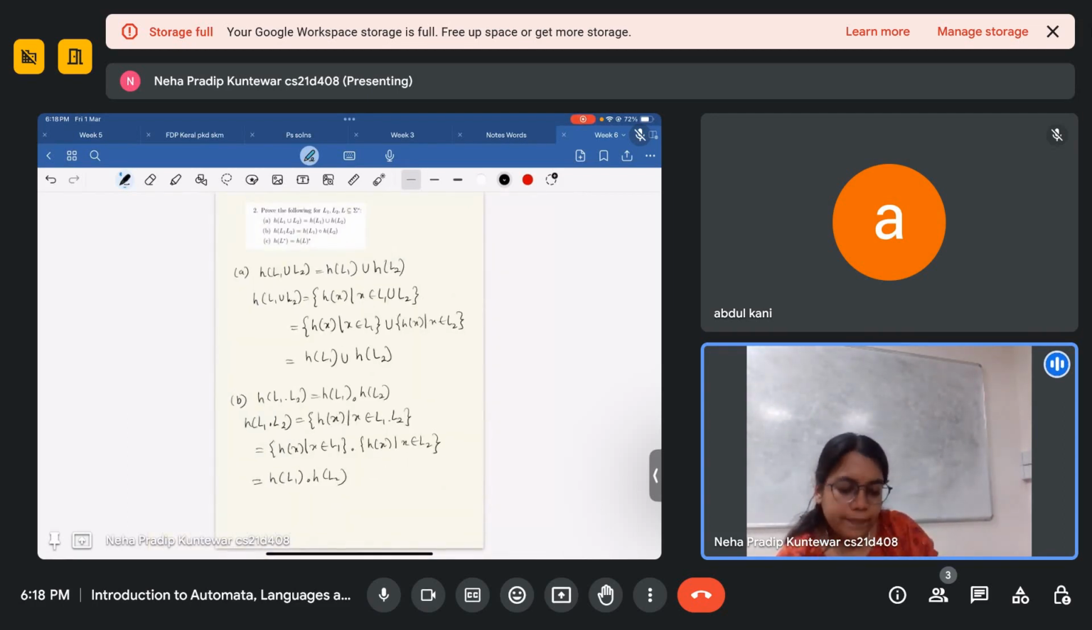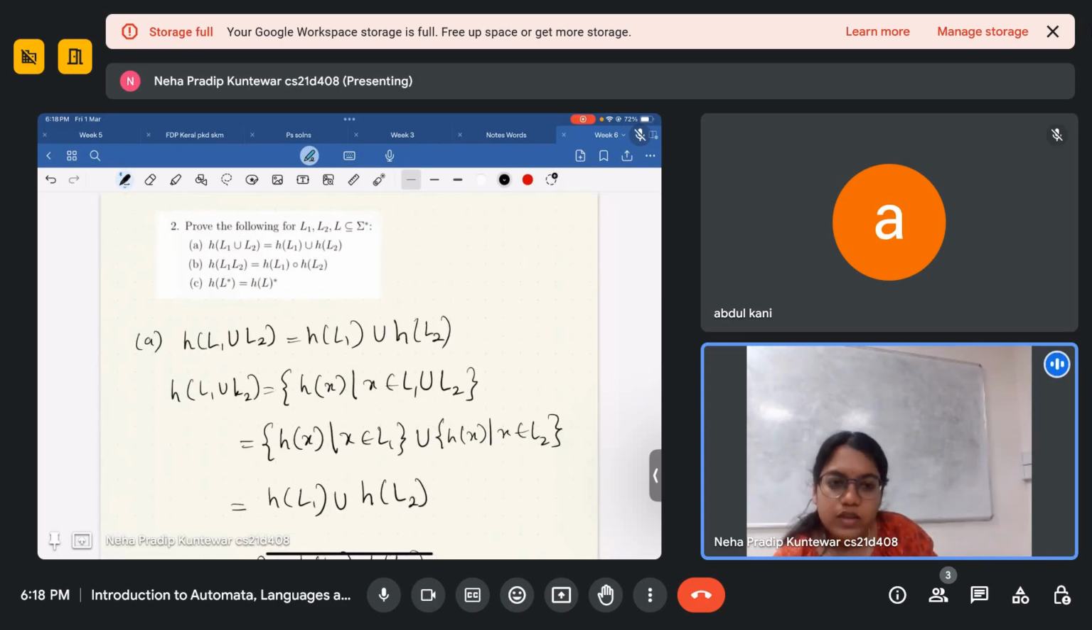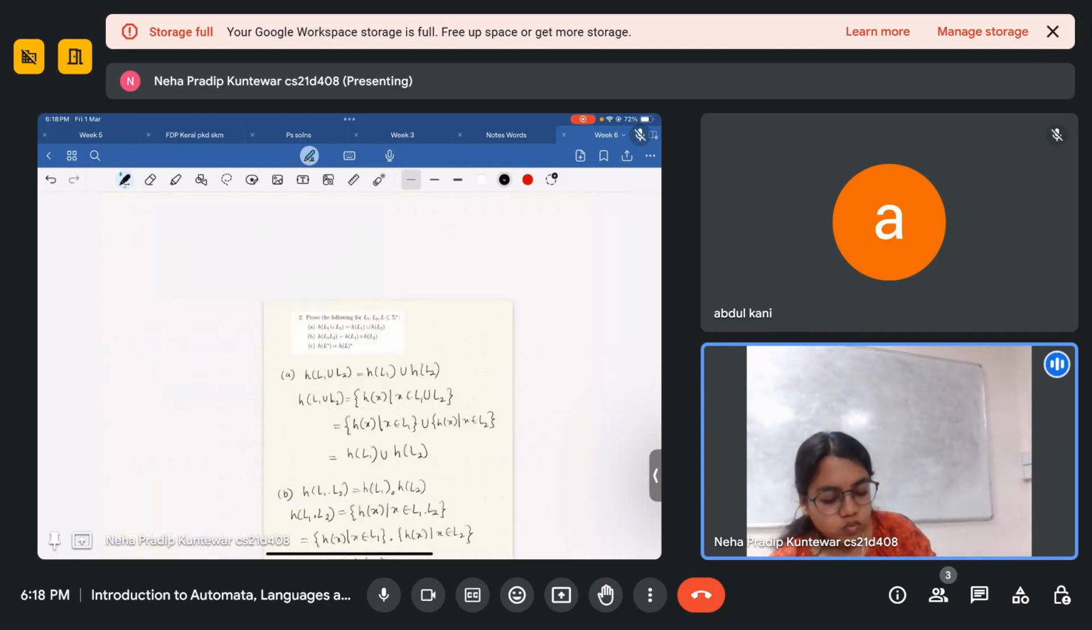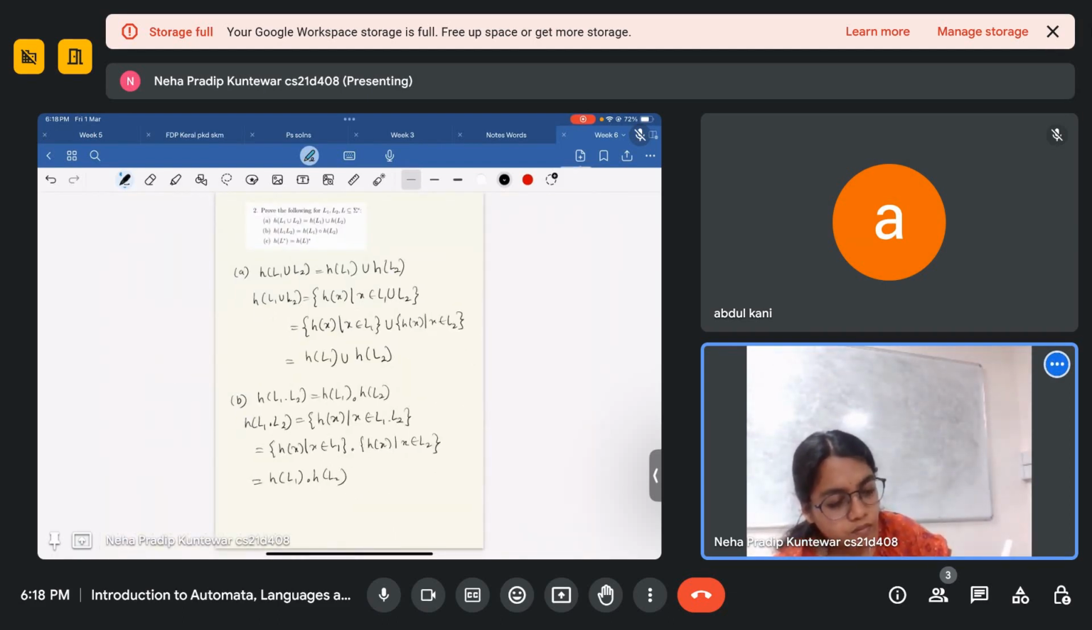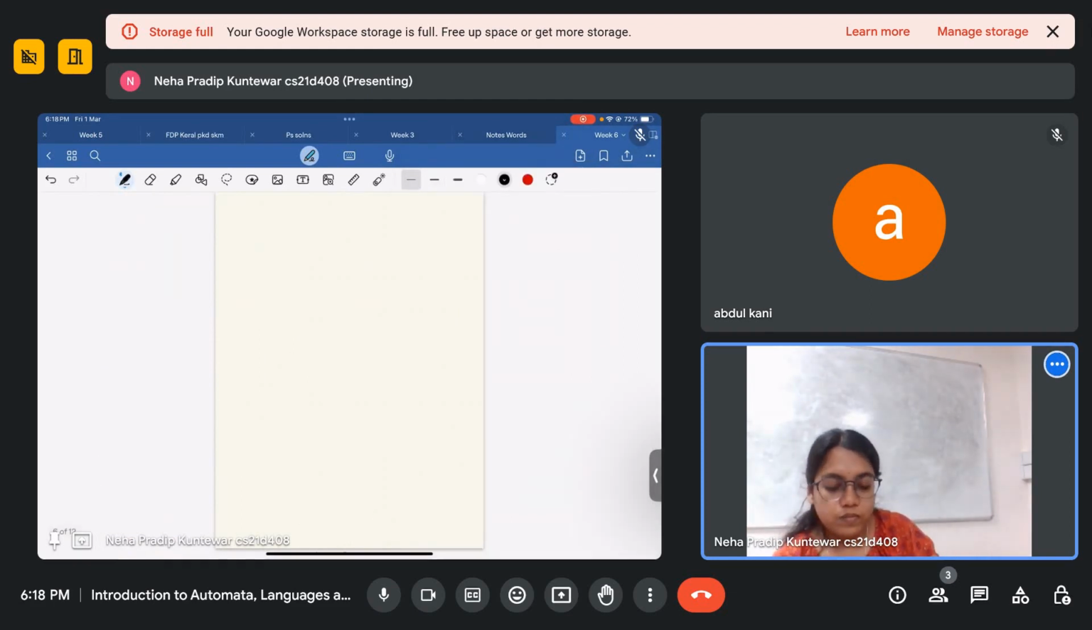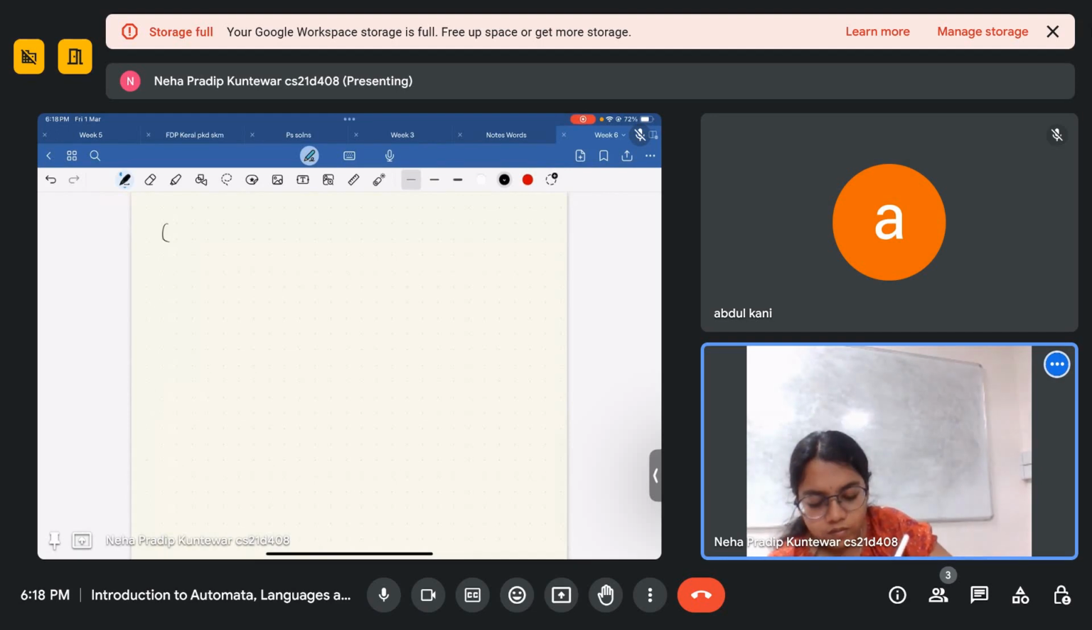Let's do the C part now. This says that if you take the Kleene closure of a language L and then apply the homomorphism to it, the result is the same as applying the homomorphism first and then taking the Kleene closure. So let's see how to prove this. In C, we want to show that h of L star